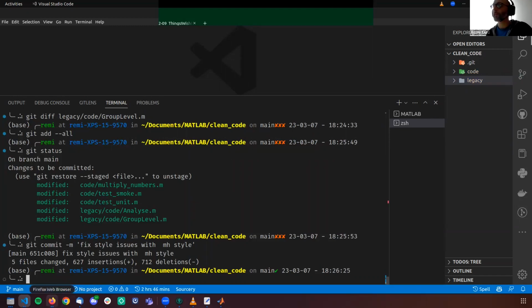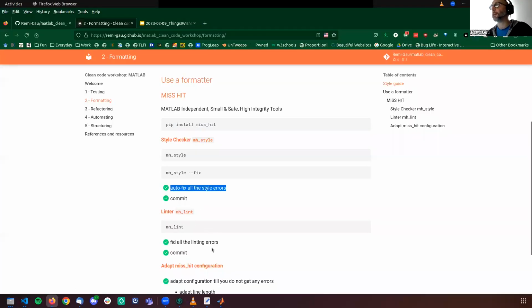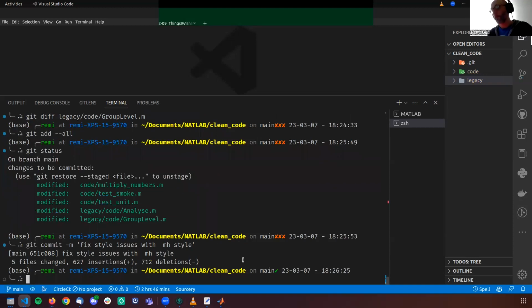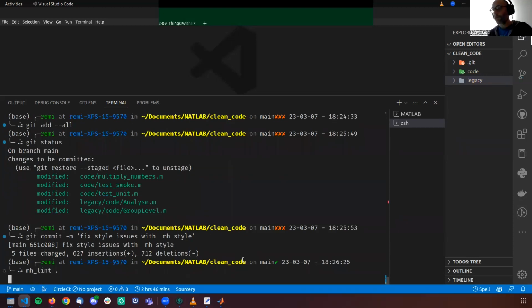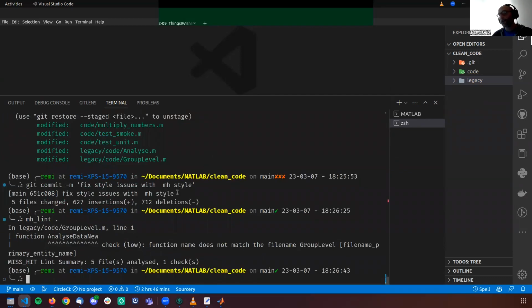Now let's move on to the next tool that comes with Misfit, which is the mhlint, a linter which will find some potential bugs in your code. So let's run this, and it's telling us that we have one problem here, for example, that in the function group level, the name of the function does not match the file name.